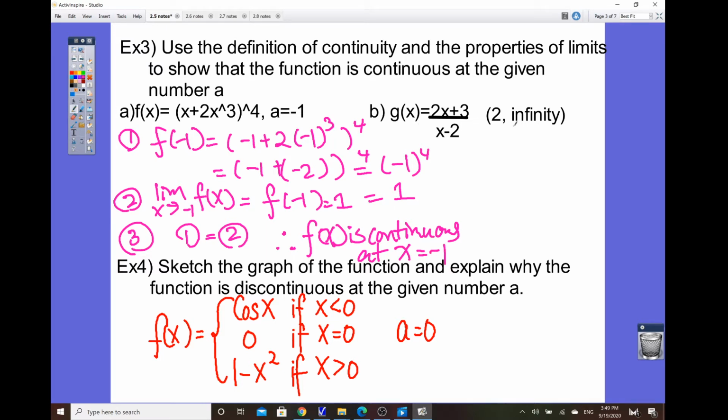And now, what about for part B? So part B is showing that it's a rational function. Now this one is not giving you the exact point. This one is giving you the interval. So the way to verify it,